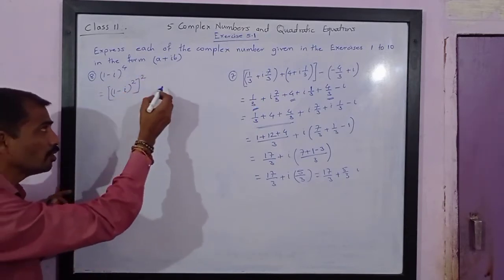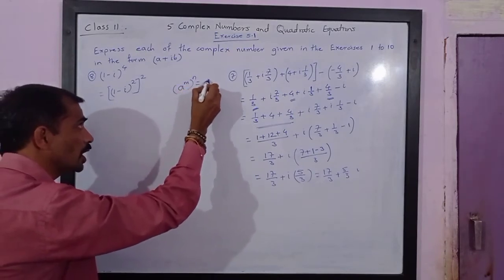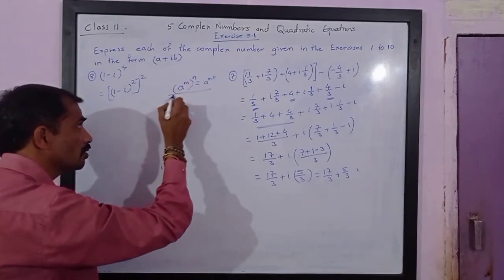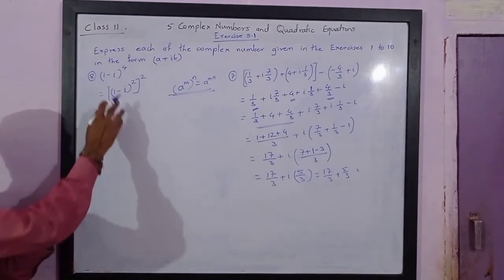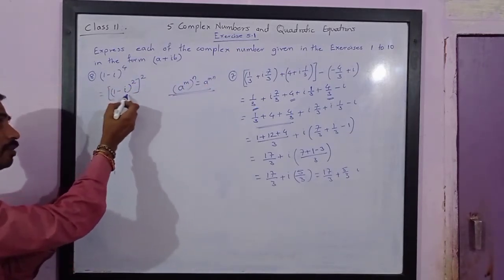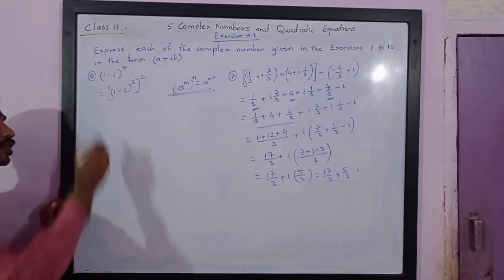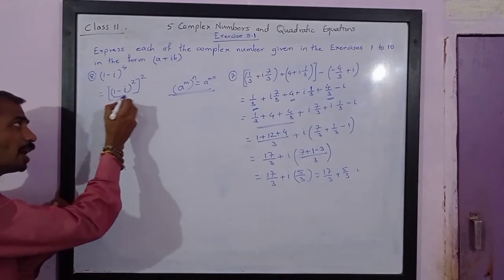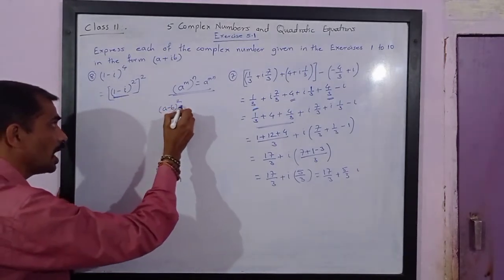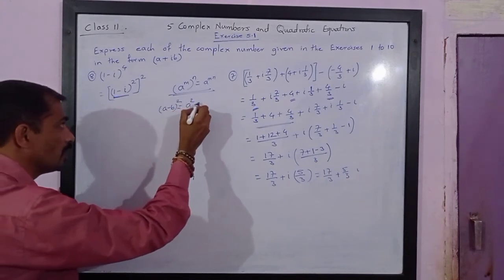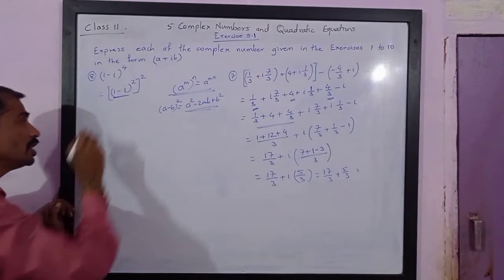So here we have already studied (a raised to m) raised to n is equal to a raised to mn. In the indices chapter you might have studied this law. So here we'll get ((1 minus i) raised to 2) raised to 2. Now we know how to expand a bracket square. (a minus b) square is equal to a square minus twice ab plus b square. So the same identity we are using here.